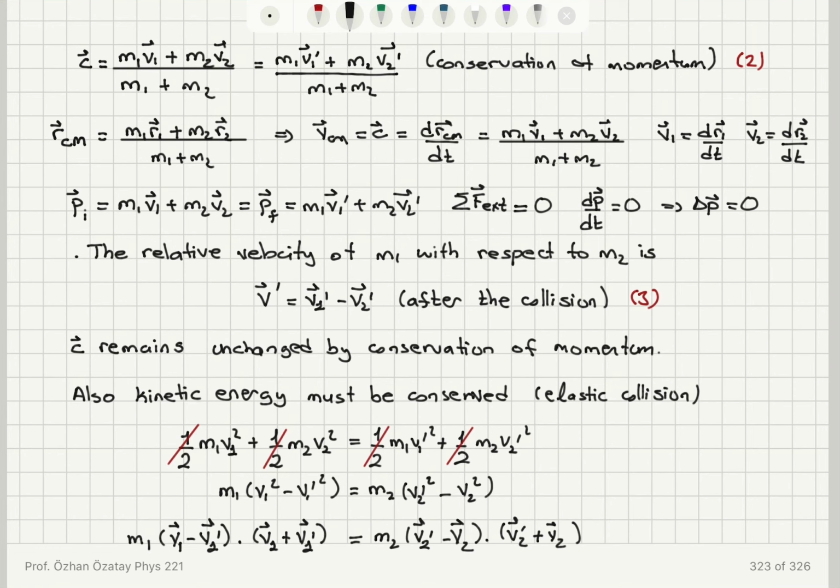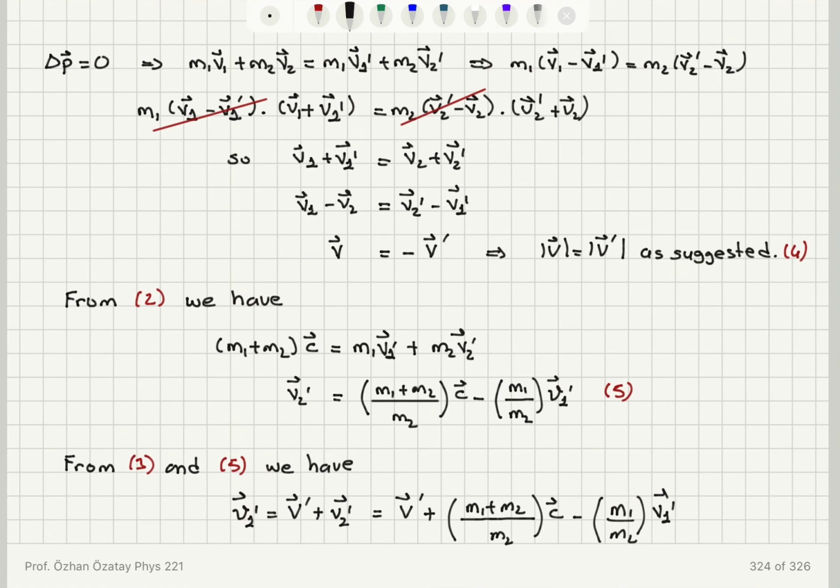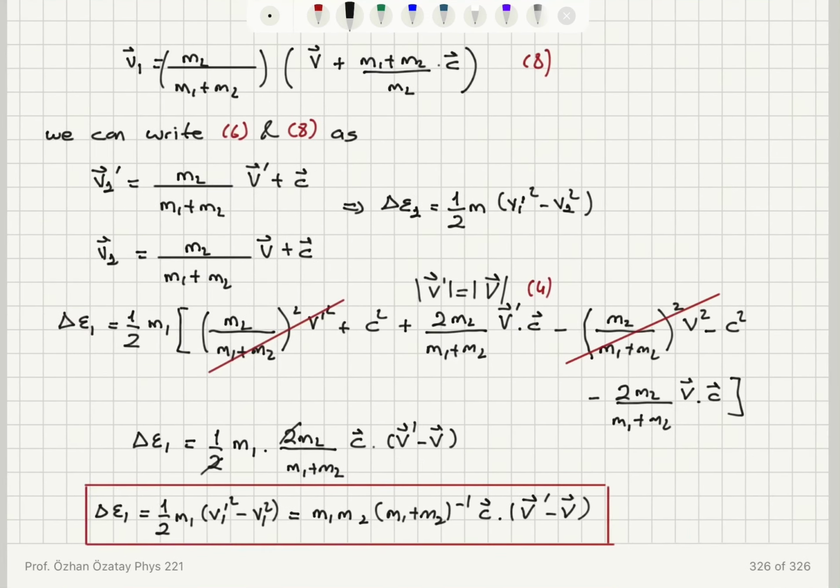We have shown that using conservation of momentum, the center of mass velocity should be the same before and after the collisions, and we have the conservation of momentum since there is no external force here. The kinetic energy is conserved. This is an elastic collision that we're considering, and we have basically made a transformation of the velocities v1 and v1 prime to center of mass velocity c and the relative velocities V and V prime using these equations. And finally, we have obtained the result suggested